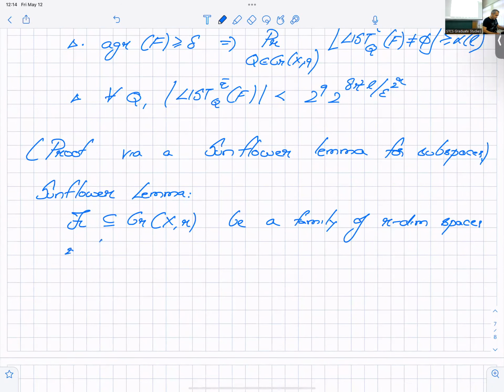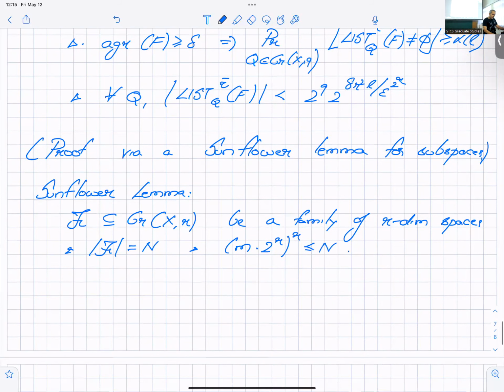And the size of F is n. Then I want to say the sunflower exists basically. And n, what is n? m to the power 2 power r to the power r is less than or equal to n. Suppose this happens, then there exists